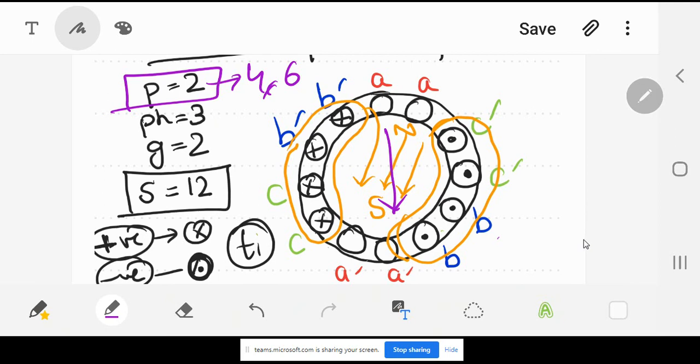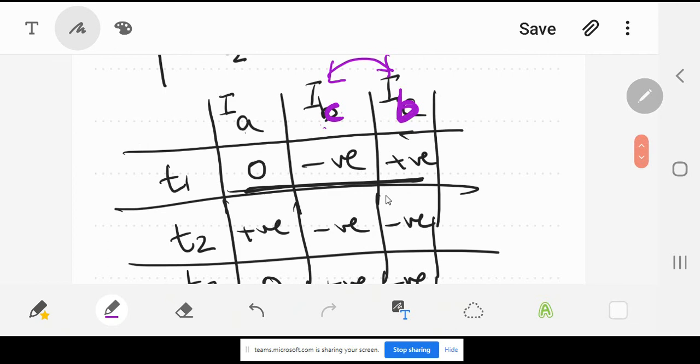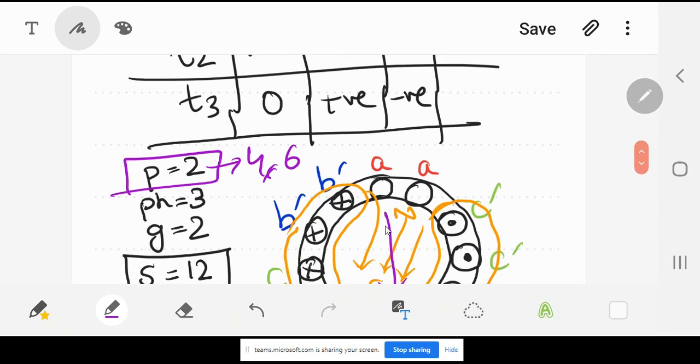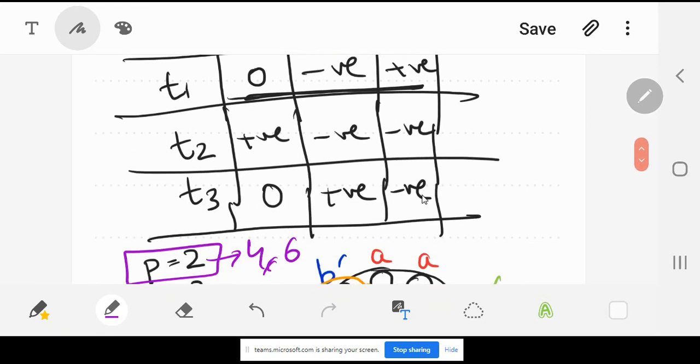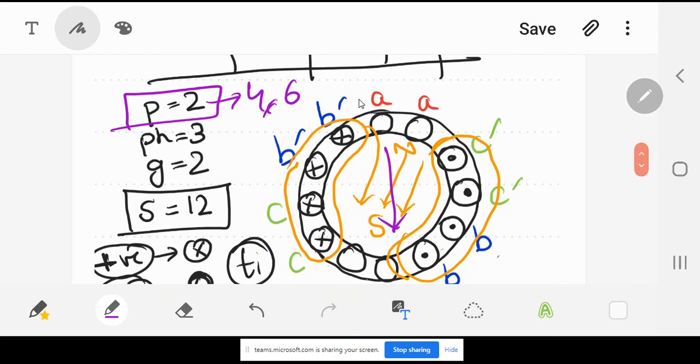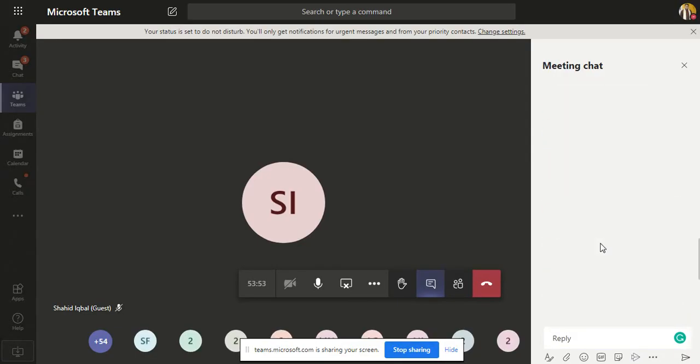Yes, there will be a difference. Supposedly this is the positive phase sequence where you had A, this one was B, this one was C, and then you had something like this. Now when you change it to negative phase sequence, which means this is A, this is C, and this is B, then certainly you are going to have a problem. Then you will have B dot dot dot dot, and C dot cross cross cross. So you can see the north pole will come over here and then the south pole. So the overall direction of the magnetic field is going to change. So certainly there is going to be a difference between a positive phase sequence and a negative phase sequence.